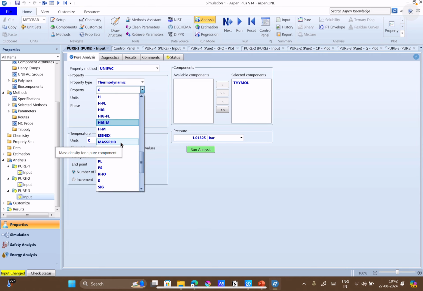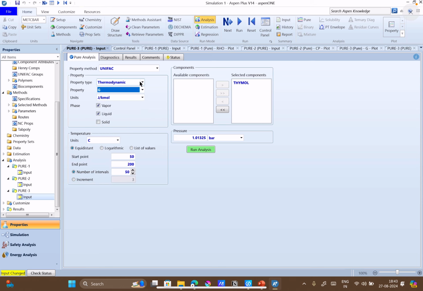Apart from that, you were asking whether we can find the coefficient of expansion. Let's look at the available properties: availability of pure component, constant pressure heat capacity, heat capacity ratio, free energy, mass free energy, enthalpy, entropy, fugacity, free energy, isentropic exponent, mass density for pure component, fugacity, sonic velocity.